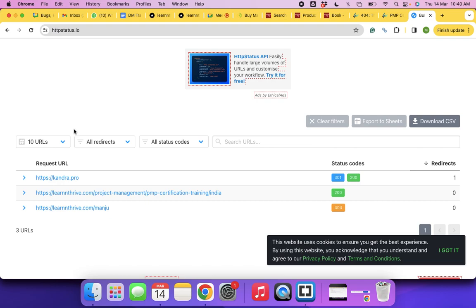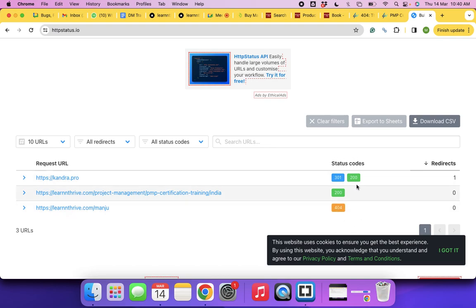So first one, look at this Candra.pro. I'm asking for this Candra.pro website, and this website is sending me to the Learn and Thrive website. You see here, 301 redirect to learnandthrive.com. So 301 indicates redirection, 200 indicates the content or information is available, and 404 indicates there is no such file on the server, right?